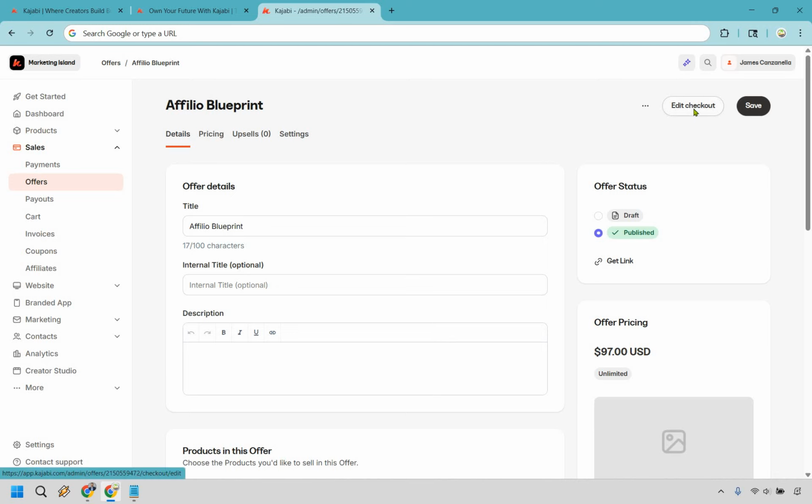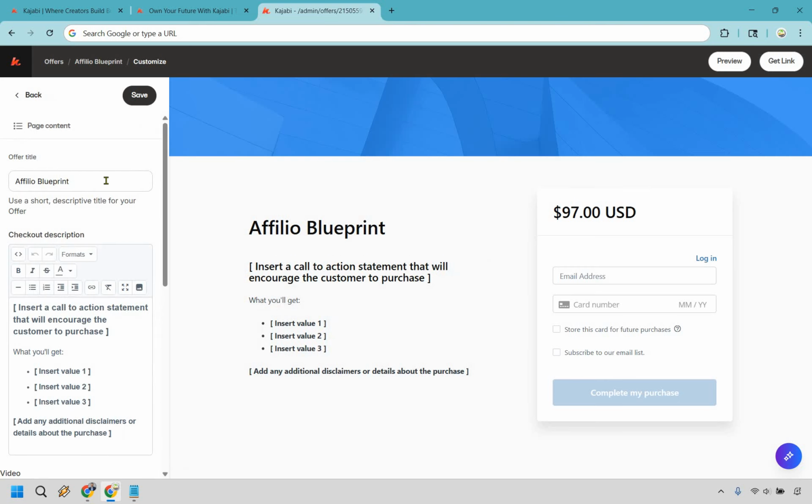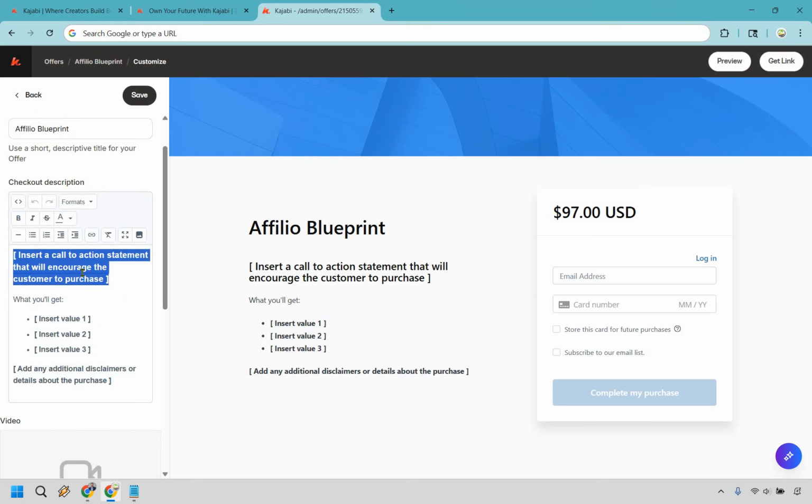edit checkout. All right, so this is going to be very straightforward. We have our price and where they can complete the purchase. And this is really going to be what you edit. So if you look at the left side, you have page content. This is going to be the title of it. And ideally, what you want to do here is use this and simply edit it to your liking based upon